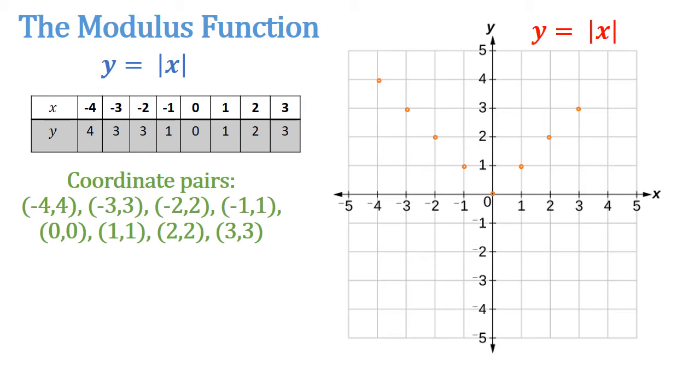Now we can draw lines connecting all these points on the xy plane. Let's see what we get here. Okay, so it's a V-shaped graph. So this is the shape of the usual modulus functions. These are called V-shaped graphs. So in the next slide I'll explain how to sketch a modulus function using just 3 steps.